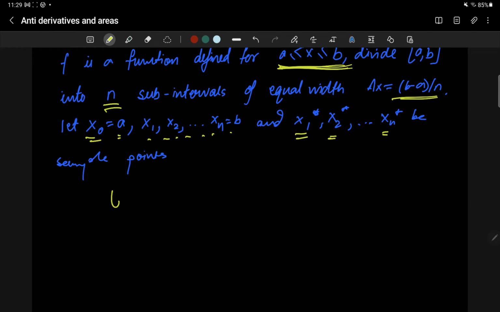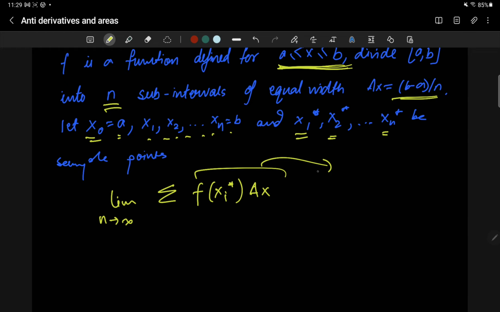Then the limit as n goes to infinity of the sum of all the rectangle areas, where f of xi star represents the height of the rectangle and delta x is the width, and we take this sum from 1 to n,